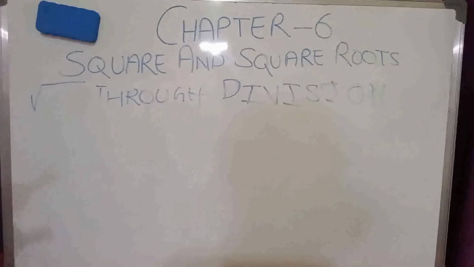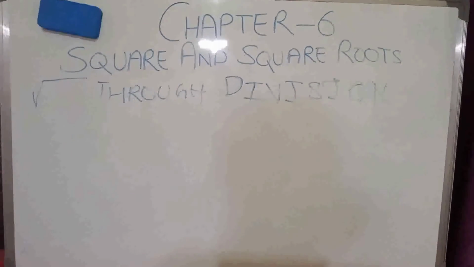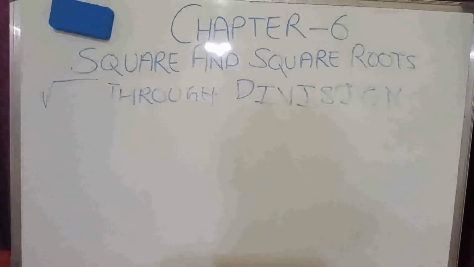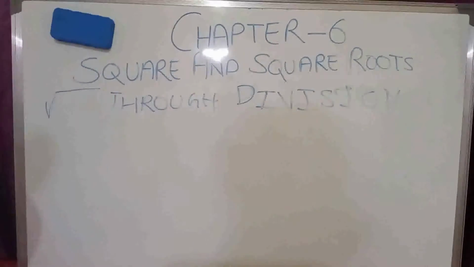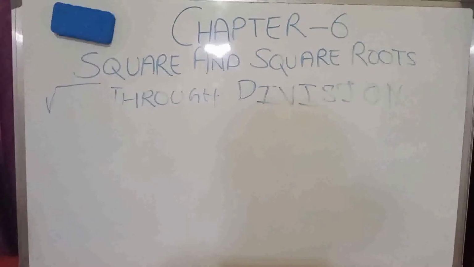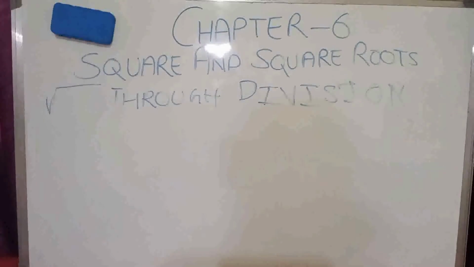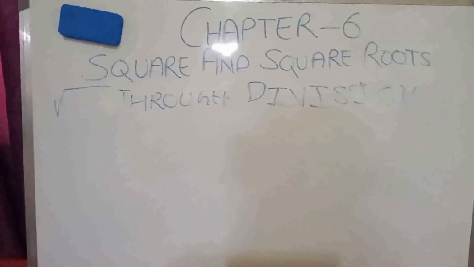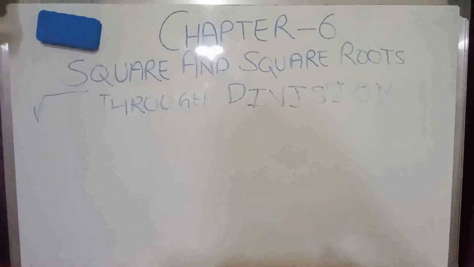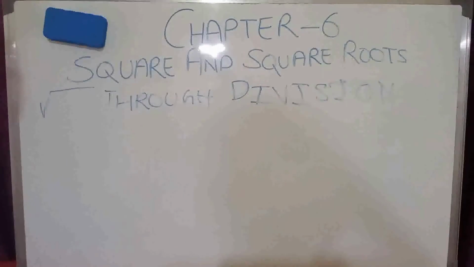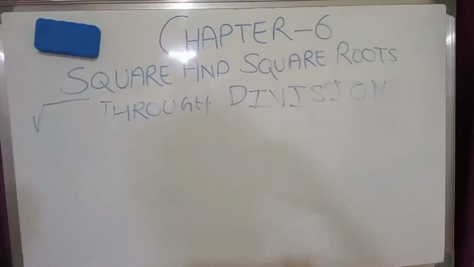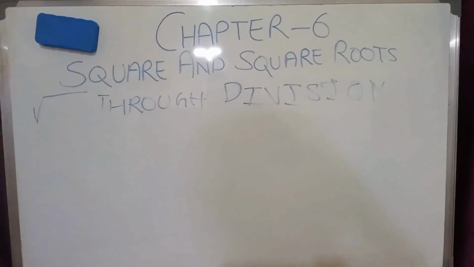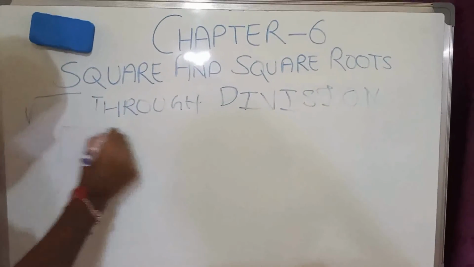Okay, so as we saw in the prime factorization method, the variations are in multiplication and division. We find the smallest number which should be multiplied or divided to make it a square. Now, at times we get numbers and we are asked to find the smallest number which should be subtracted or added to the number so that it becomes a square. Just like, for example, we take 402. We know that 402 is not a square because it ends with 2. So that's why we use properties here. So we will do